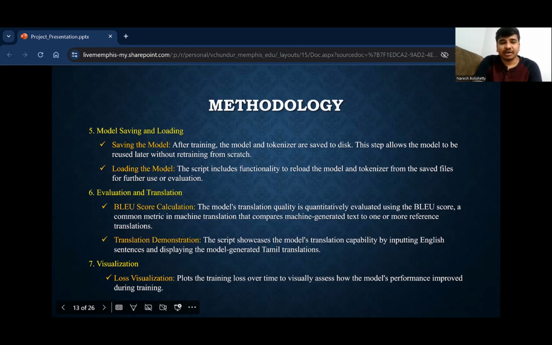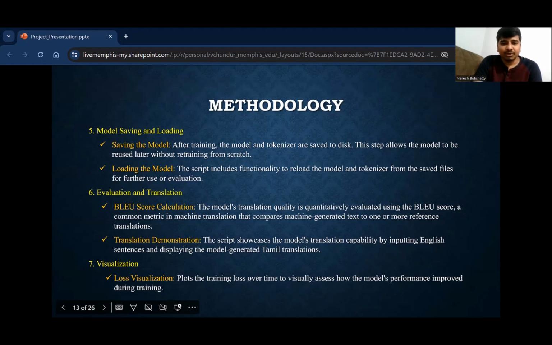And visualizing the training loss over time provides insight into the model's performance improvement during training. So collectively, these steps ensure efficient management of trained models through evaluation of translation quality, and insightful visualization of training progress, culminating in a comprehensive understanding and assessment of the MT5 model's translation capabilities.